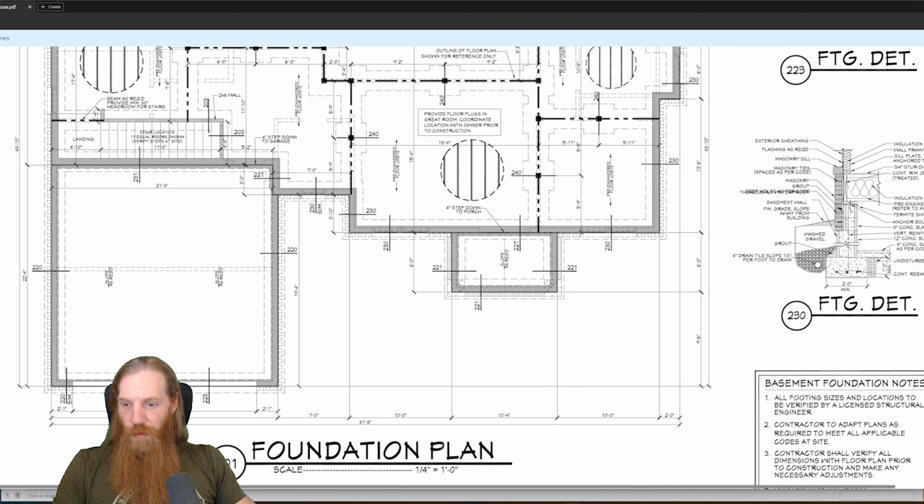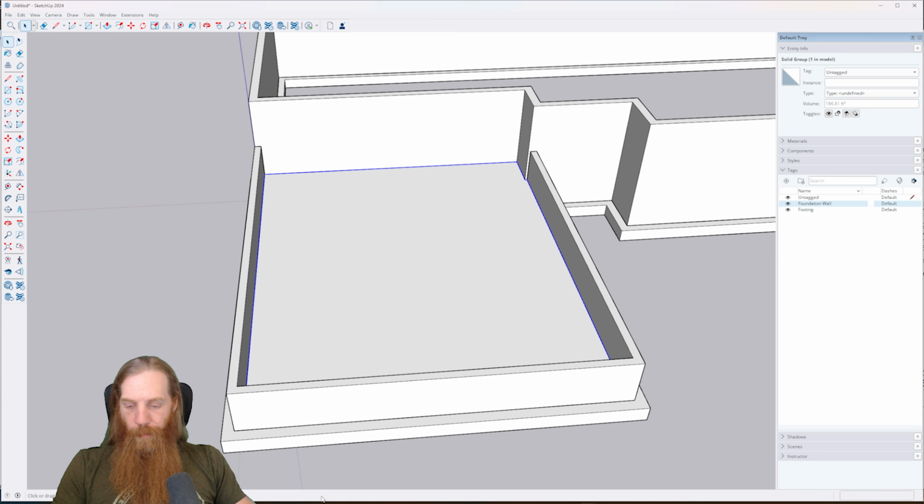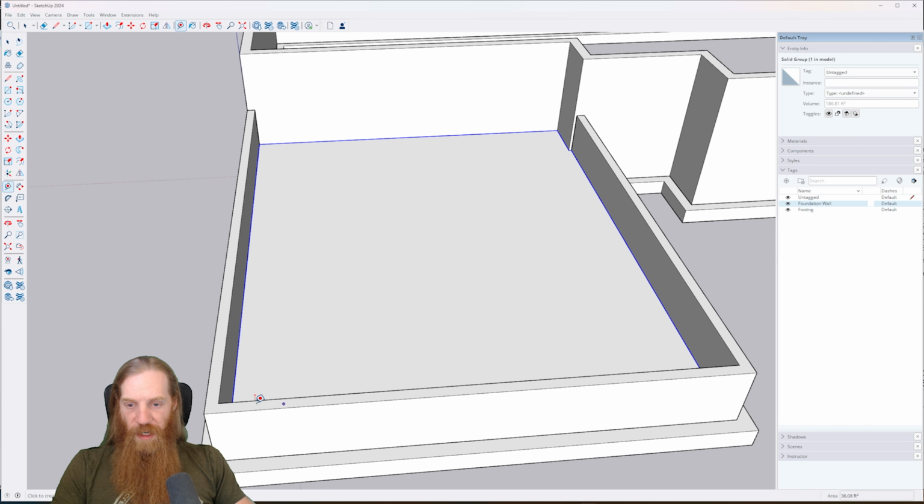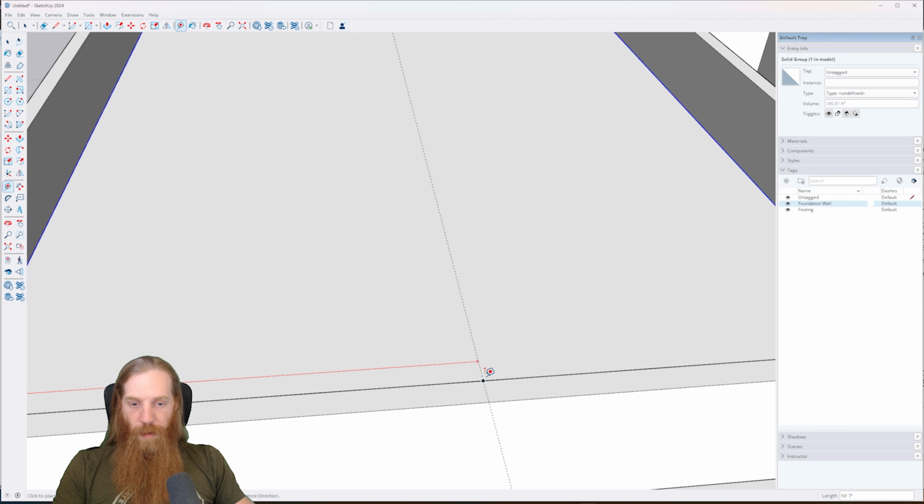So our garage door opening is 18 foot wide, right? So we need to find the center here. So here's a little trick you can do in SketchUp to find the center of any line, essentially. So we have this line that's designating the inside of our garage stem wall. Currently, we can measure it, and we can see that that's 21 foot 2, right? So we could just measure out half of that, which would be 10, 50. Well, anyways, you could do the math to figure that, or SketchUp automatically identifies the center point of any line